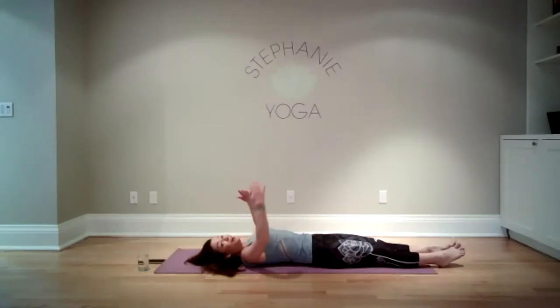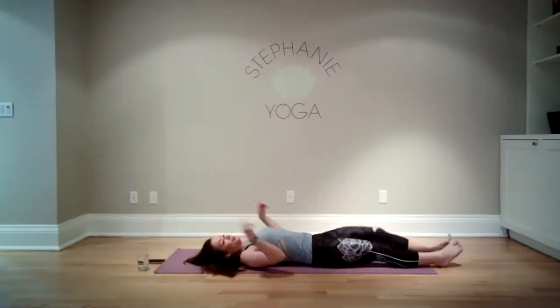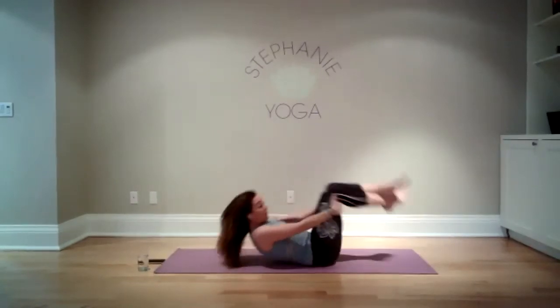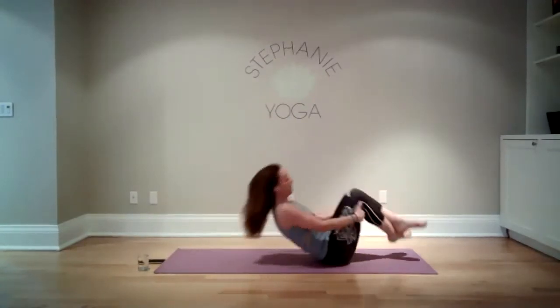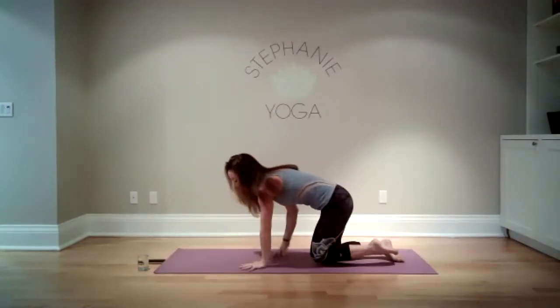But we're going to release the arms and we'll switch opposite arm on top. Another love. Always good to have some good love. And release. Let your arms come down, hug your knees into your chest, and then however you would like, you can take a couple rolls on your spine, up and down on your spine if you want. But eventually bringing yourself up, we're going to come all the way up onto our hands and knees,